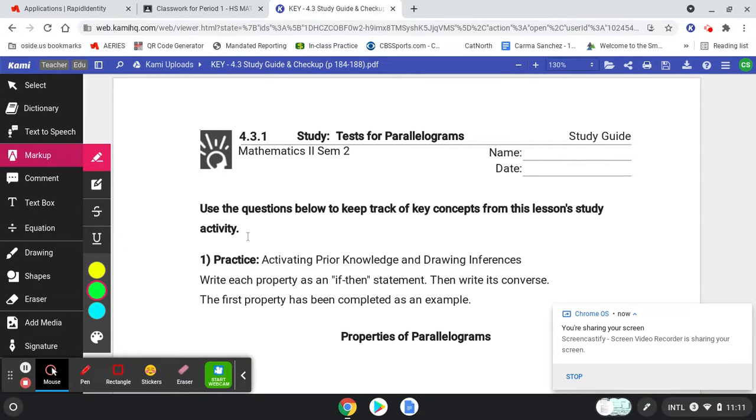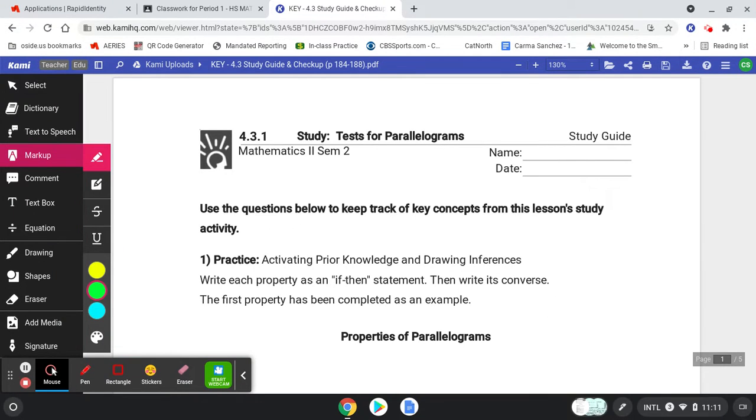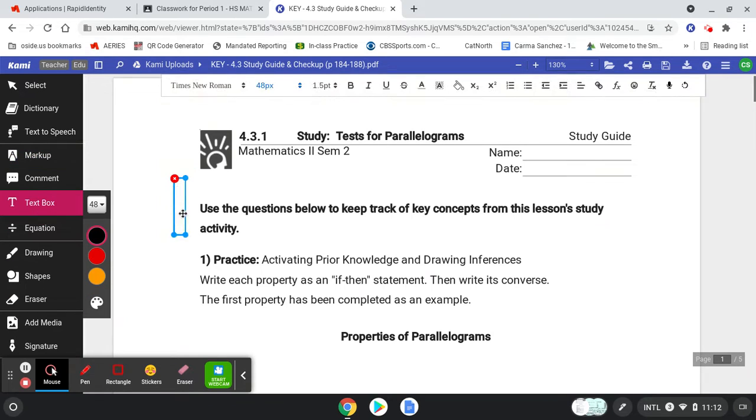Okay, so we're talking once again about parallelograms. In our last lesson, we talked about the definition of a parallelogram, and today we're going to be talking about some properties. It is important in the next math classes that you know the difference between the two, between a